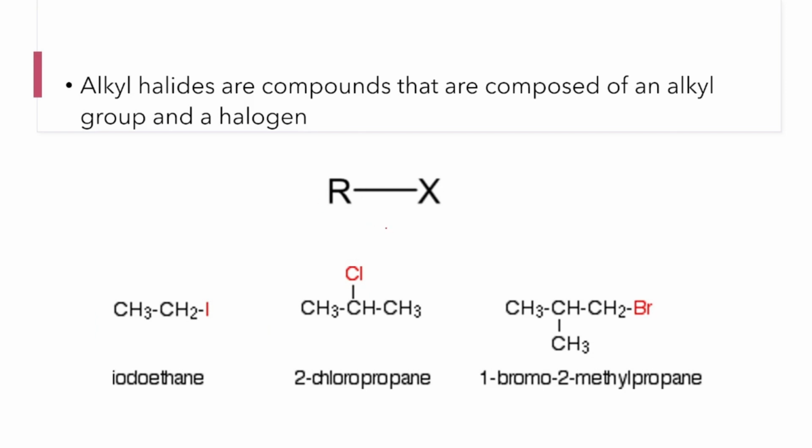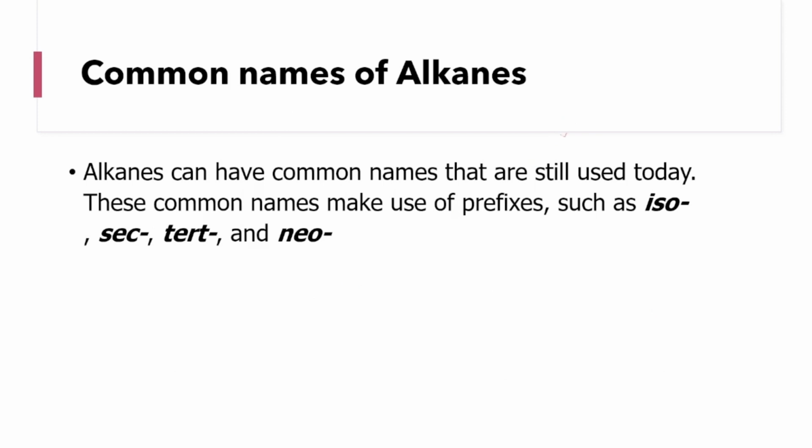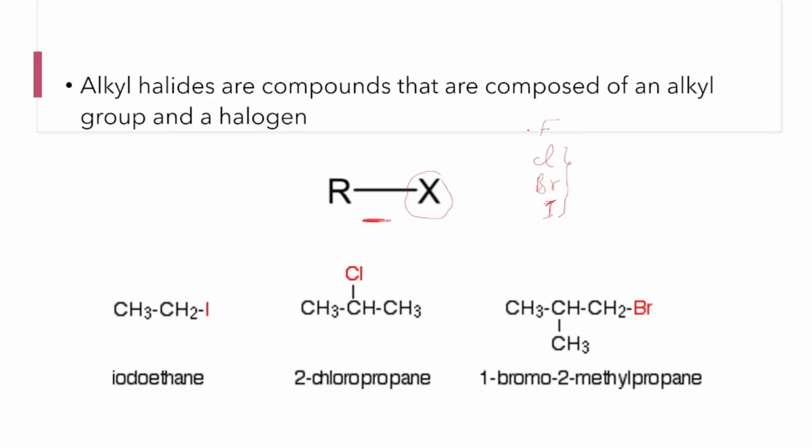Alkyl halides are alkanes in which one hydrogen is replaced by a halogen. Of course, we know that halogens are Cl, Br, I, which is the iodide, and fluorine. Usually, the most common halogens used in alkyl halides are Cl, Br, and I, which are the chloride, bromide, iodide. Fluoride is also used, of course, in alkyl halides, but it's not very frequently used in the